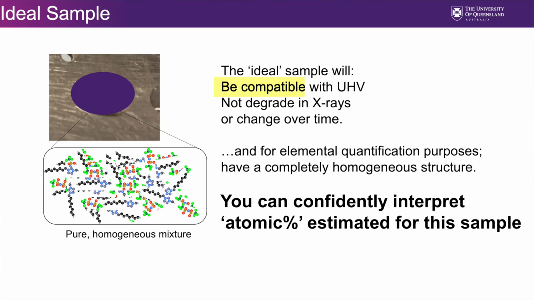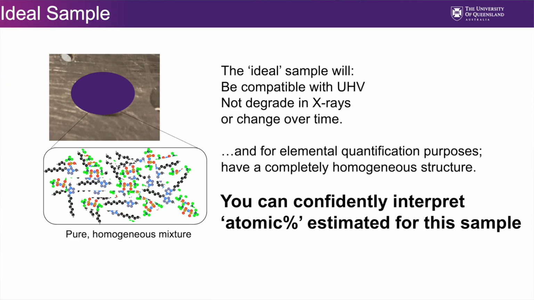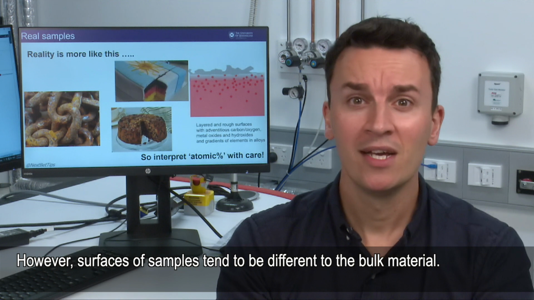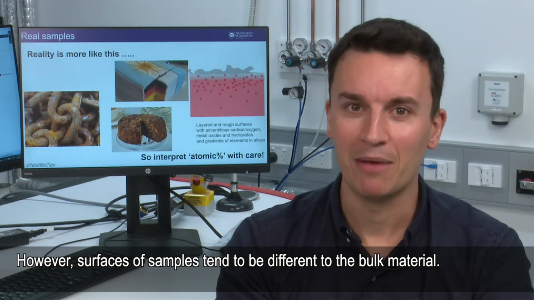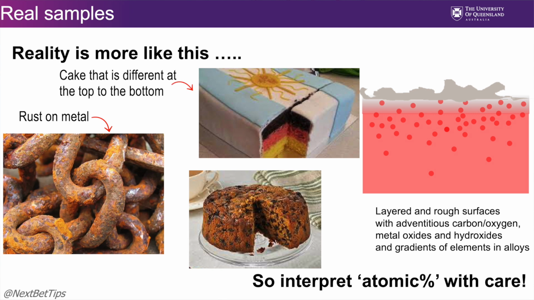The ideal sample will be something that's compatible with ultra-high vacuum, doesn't degrade over time in X-rays, and is homogeneous, just contains one particular element or one particular compound. If we had this perfect ideal sample, we could confidently interpret the atomic percentage for it. However, in reality, the surfaces that we get from samples tend to be very different to what we get in their bulk. Just using these as a variety of different examples: rust on a wire,